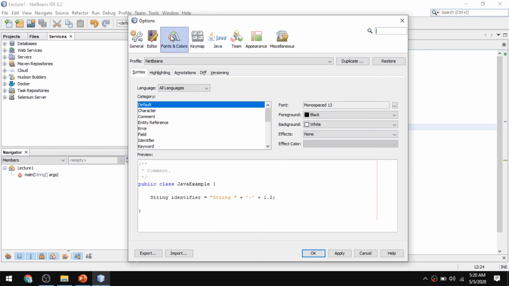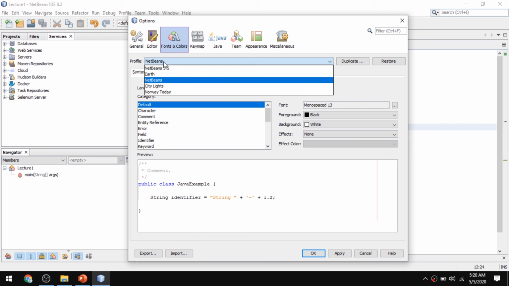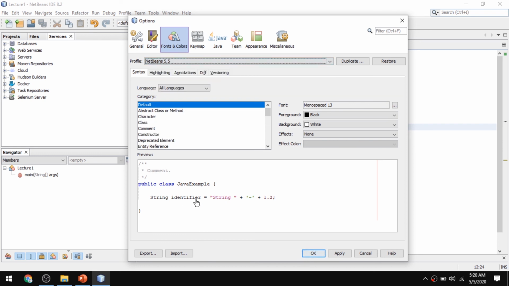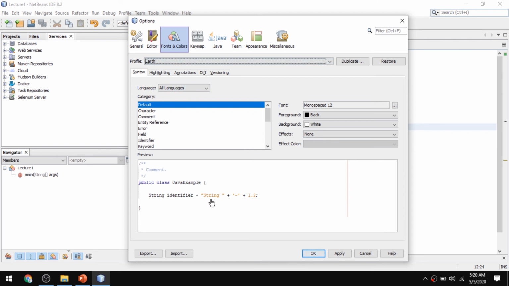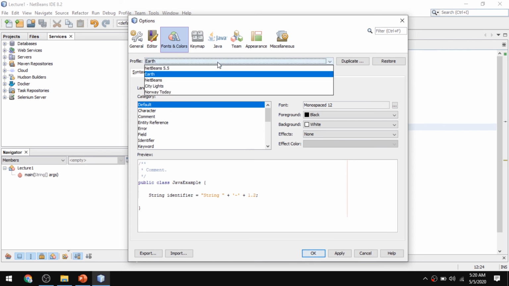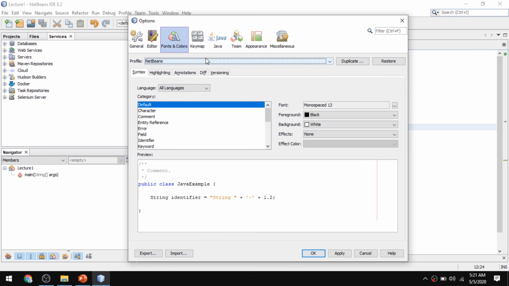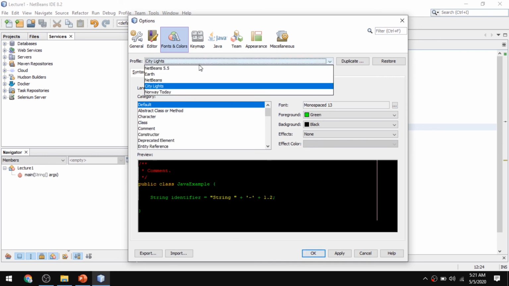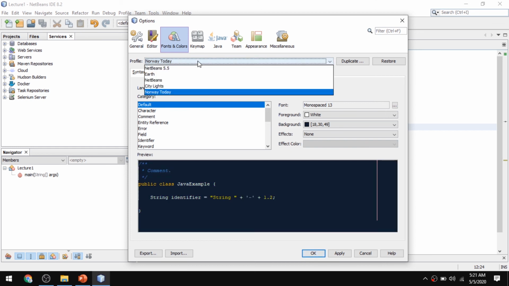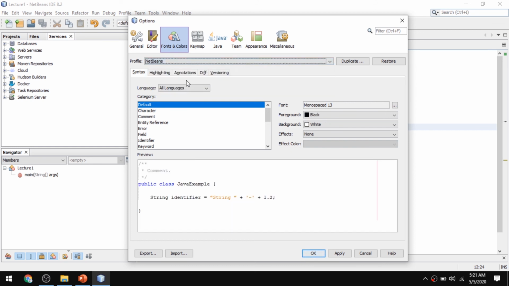And the second is here you can select the themes. You can see its colors are changing. When we select earth, it gives us an Android Studio look. You can select the default NetBeans IDE and these dark themes as well. So I prefer the basic one. And now our